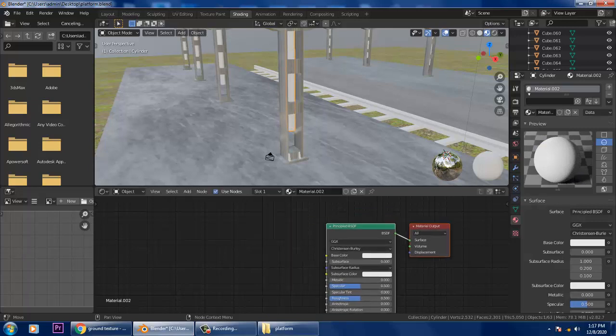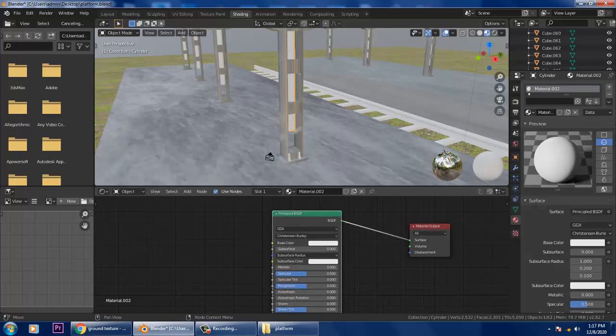So I'll go into this, press Shift A, Shader, and add a glossy over here, and let's connect it to the metallic.